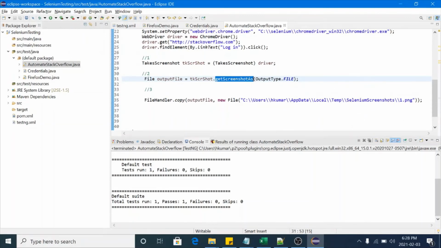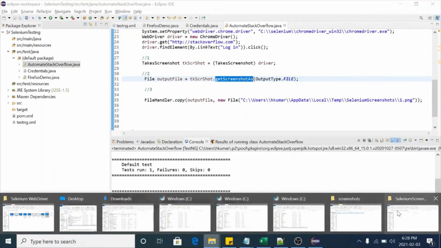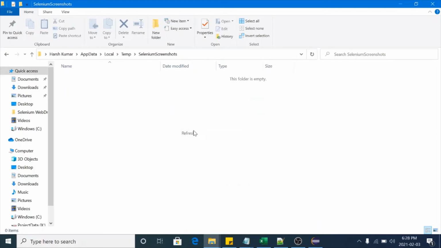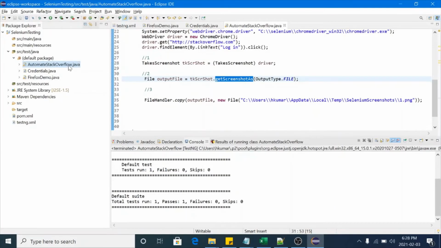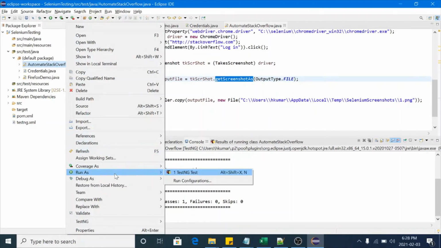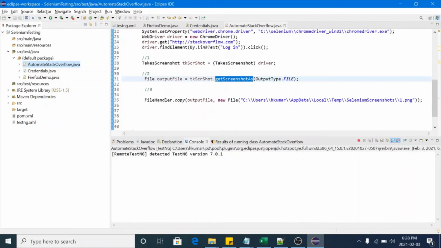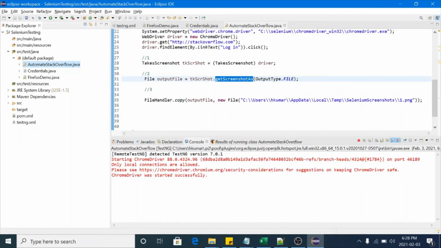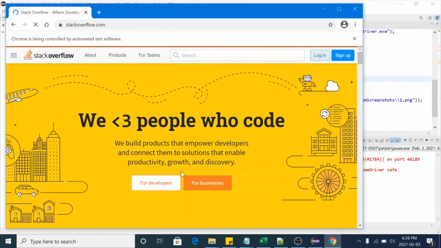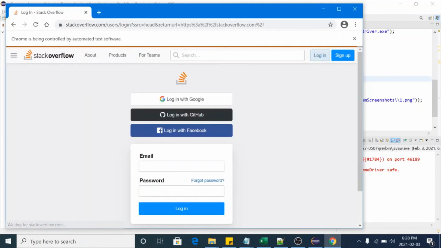Let me open the directory. Right now it's empty. Let me run the scenario. Run as TestNG. It's launching the Chrome browser and it will launch the Stack Overflow site, and it's clicking on the login button.